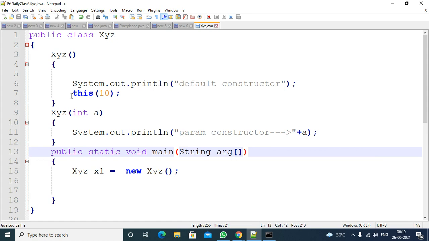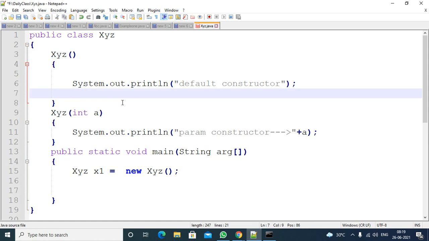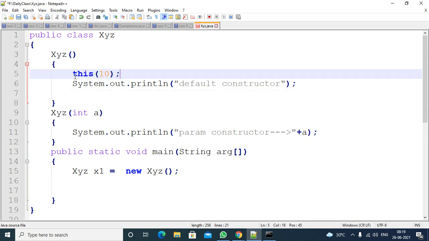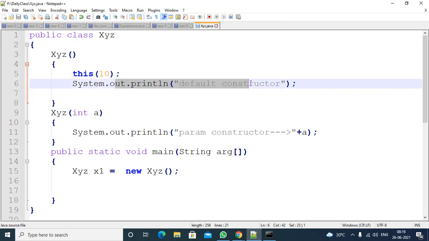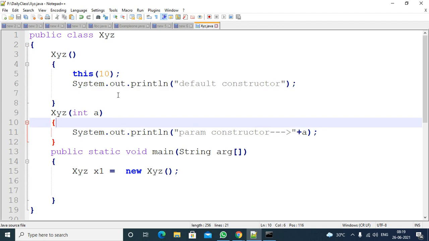So this is invalid, and you must use this statement in the first line only. Why the first line only? Maybe in this one you assigned some values, and you may use those values here, so those changes have to be reflected here. That's why the call must be in the first line only. If you use it anywhere else, you will get a compile time error.